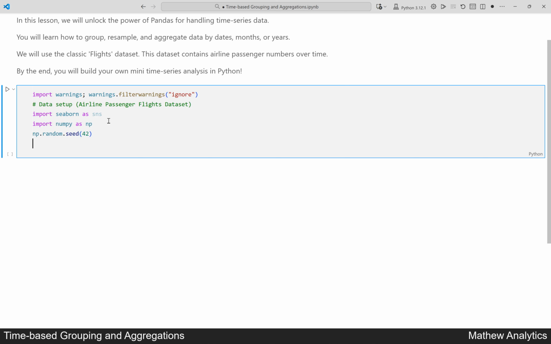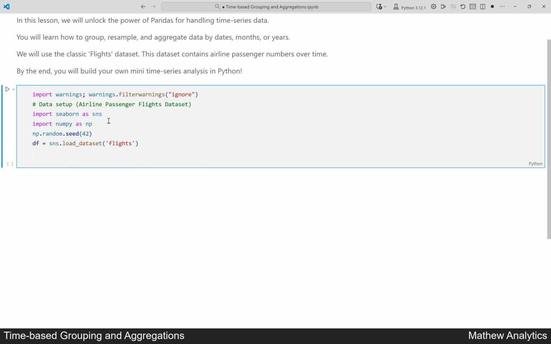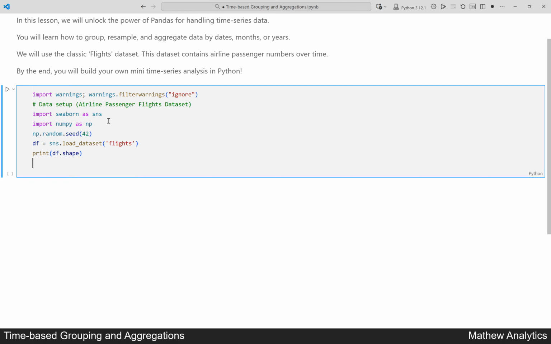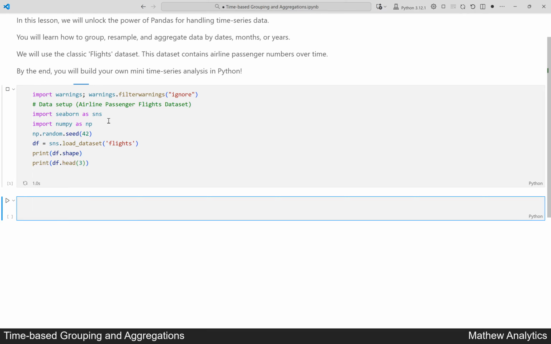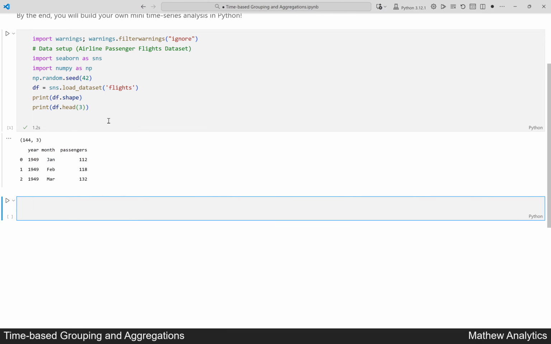Here we load the flights dataset. It holds monthly air travel totals, perfect for time series lessons. Let us check how many rows and columns our data has. We view the first 3 rows of the flights dataset to get a sense for the structure. Running the cell now. This output confirms the dataset shape and structure, showing 144 rows and 3 columns, year, month,